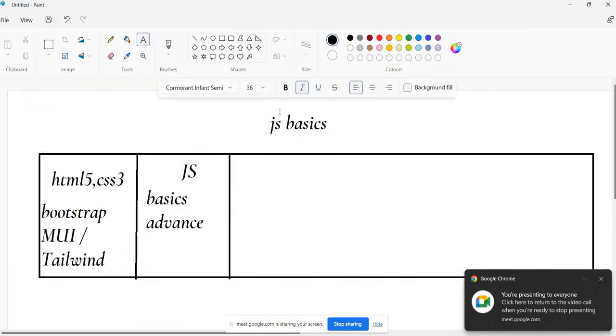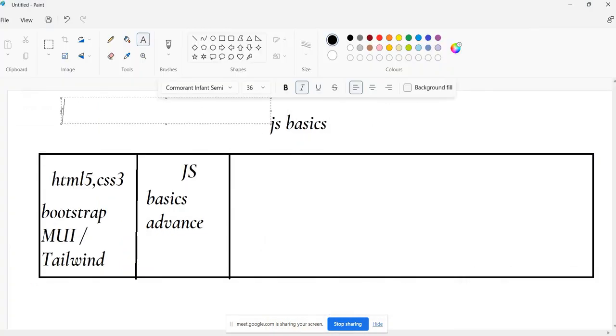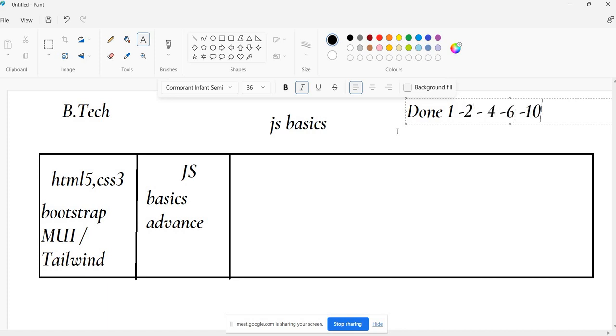So the plan is different for those studying BTech and those who completed graduation and are looking for a job. Suppose you have a 1 or 2 year gap, or 4, 6, or 10 years gap, whatever it is, if your gap is more,